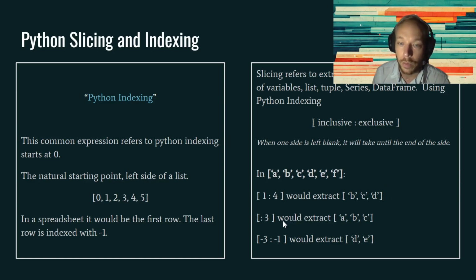Okay? If we go just colon 3, we're going to start at the beginning all the way up to, but not including, the fourth position, so position number 3. So 0, 1, 2, we get 3 items. Okay, and if we want to extract from the back, it always starts on the left. So this is where it starts, inclusive. The starting point is on the left. So we're going to start at -3, going 3 from the back, and then up to, but not including, -1. So again, it's inclusive,